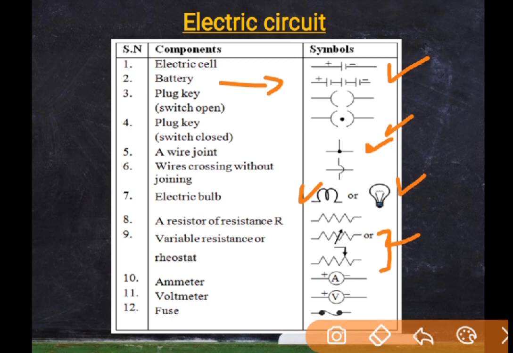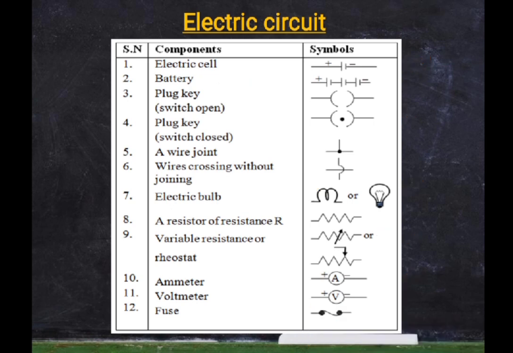Then for measuring the amount of electric current flowing through a circuit, this is the ammeter. And last but not the least, to measure the potential difference or the potential drop across two points in a circuit, the voltmeter is connected, which is represented by this V. And last is the symbol of a fuse, which is used as a safety measure in circuits, right?